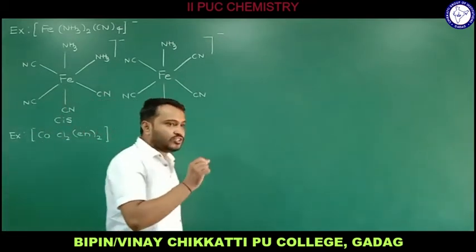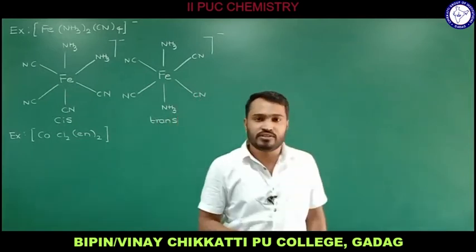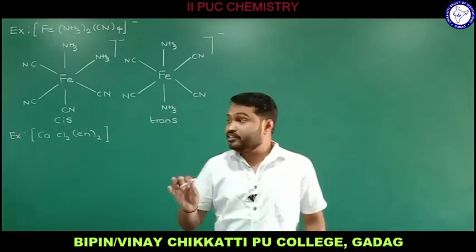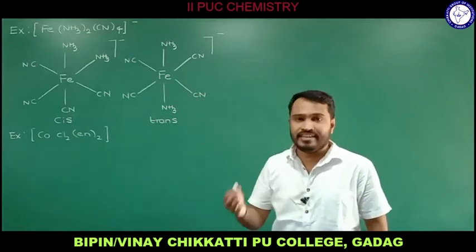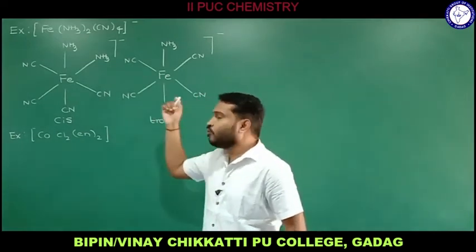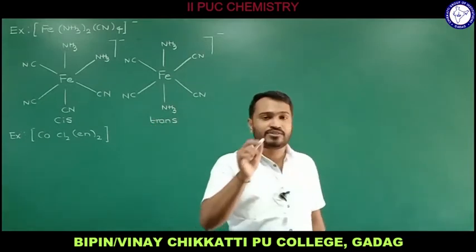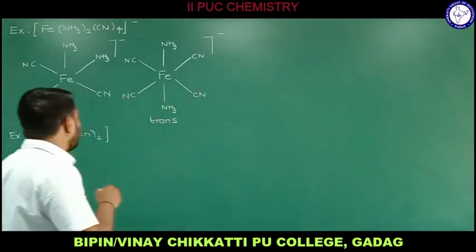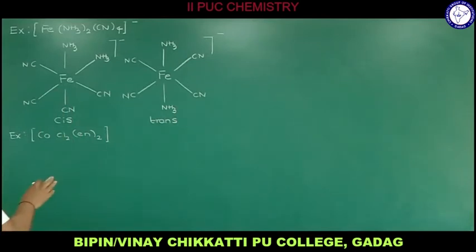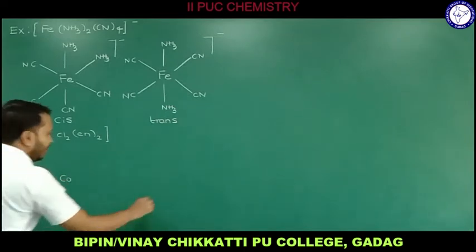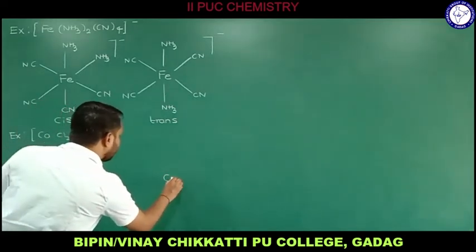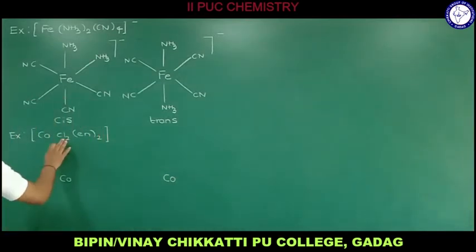So a slight change in the bonding is needed if we have a bidentate ligand. In the previous examples we have NH3, CN and Cl, and all of these are monodentate ligands. We used only one coordinate bond in that fashion, whereas in the case of a bidentate ligand, the way of writing the bond is completely different. So let me draw the structure of the isomers of this compound. The central metal atom is Co, cobalt. So 2 and 2, totally 4 ligands we have.